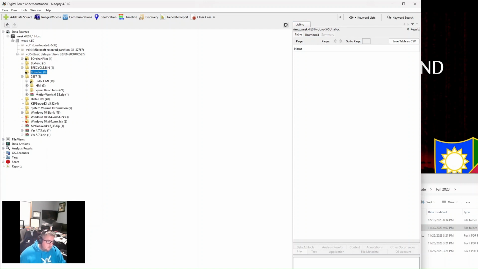This is kind of some of the working tools at my job that we use. So I had some of this stuff on that drive that it pulled. Let's go